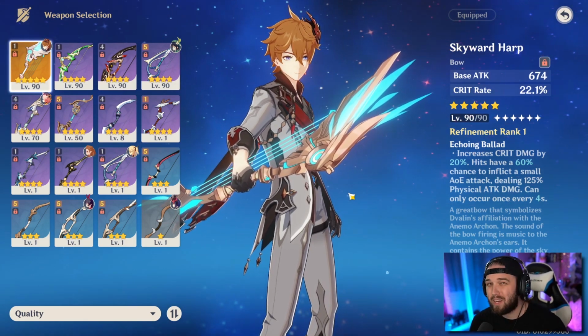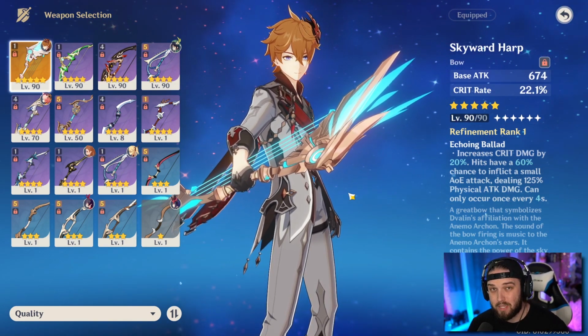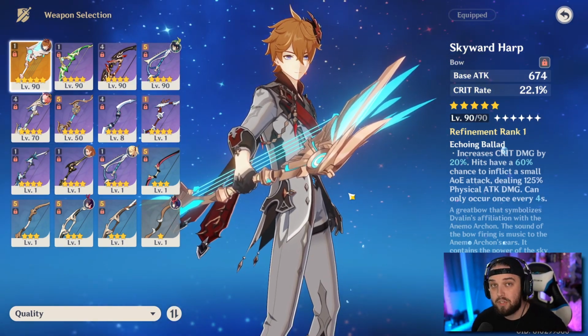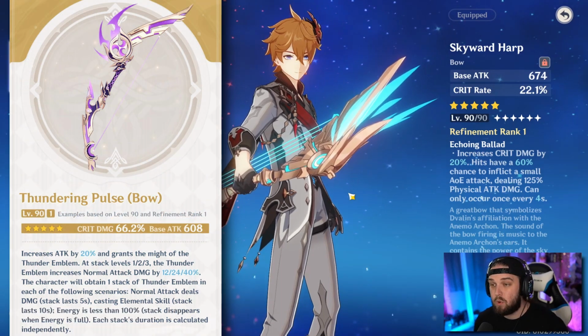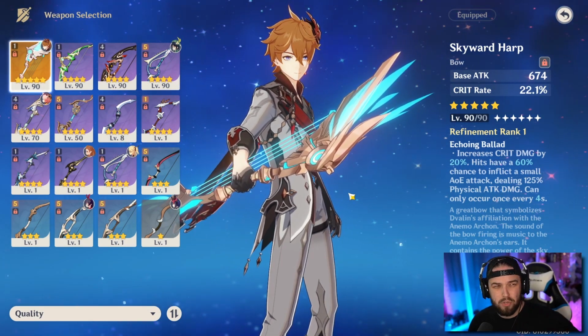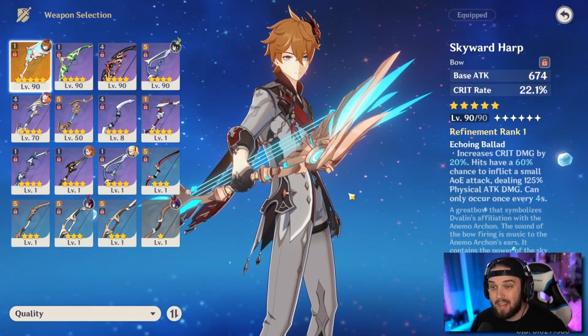It gives you crit rate, crit damage, and AoE physical damage. All of this jammed into one weapon makes this crazy. Another really good one is going to be the Thundering Pulse, because that weapon focuses a lot on normal attacking. And then obviously we do have the Polar Star coming out soon, which there's a lot of talk since it'll